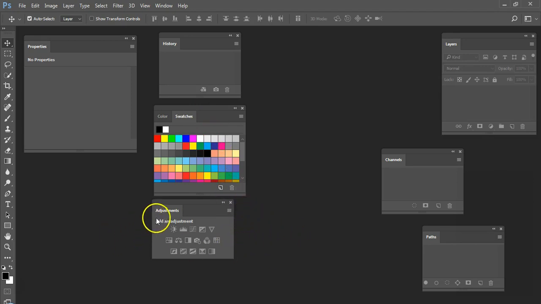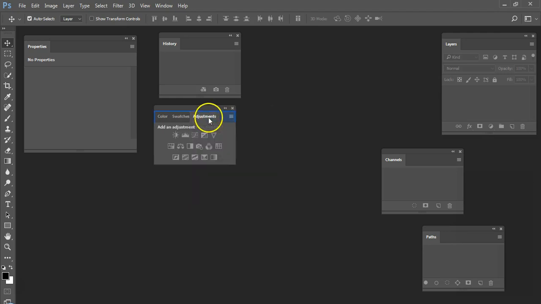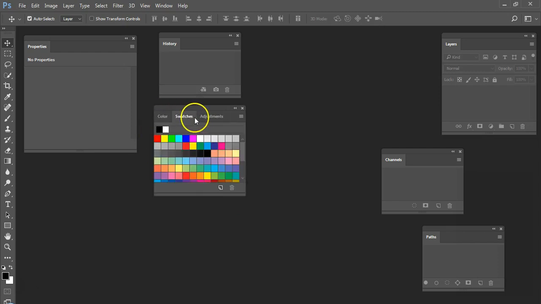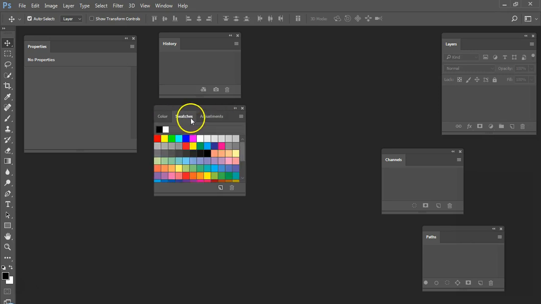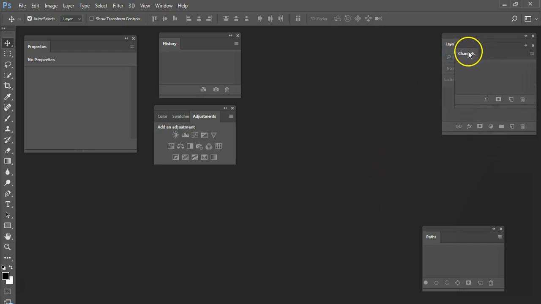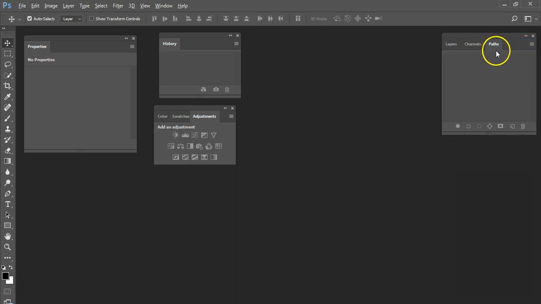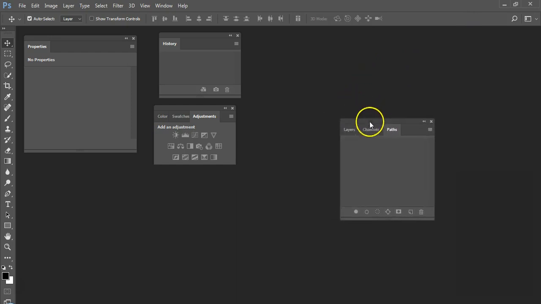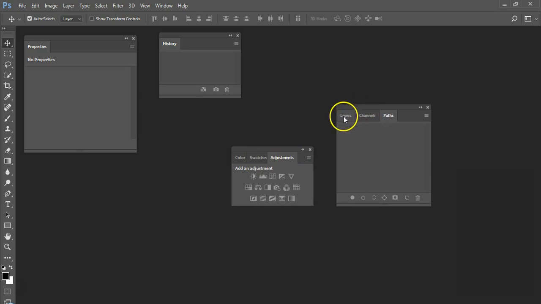Similarly, drag the adjustments panel to the colors panel beside the swatches panel. Now we have three panels docked together with colors panel first. We docked these together because these panels have similar roles and properties involved in editing. Now dock the channels panel and paths panel with the layers panel. Now we have two sets of tab groups. You can move these groups around by clicking and dragging the top bar of that group, the exact same bar which I told you not to use when we were moving the swatches panel.